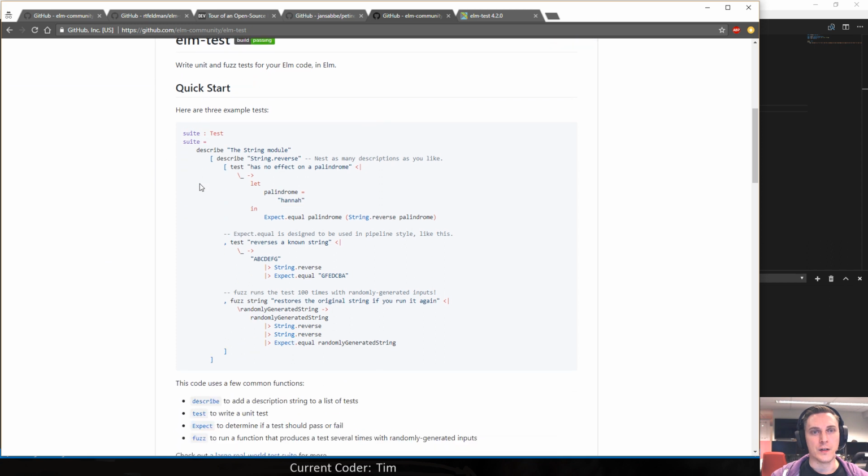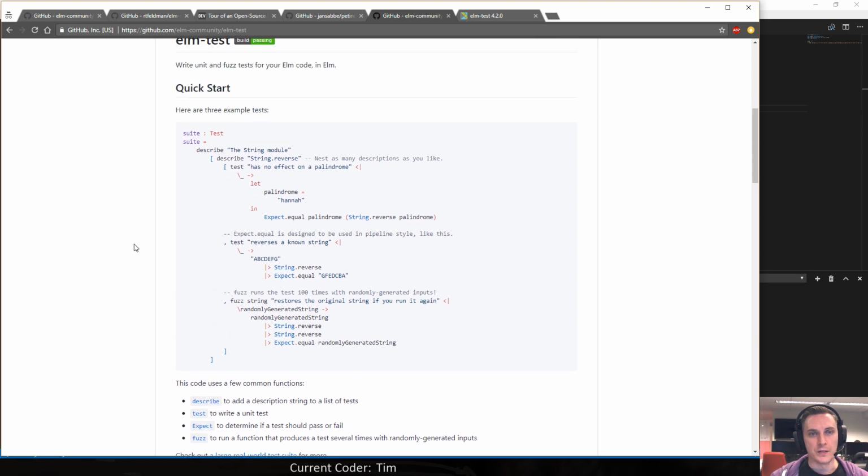And there's a quick start in here as well, showing how you can write unit tests or suites, describe methods or functions, and then eventually test functions with assertions in them. Now, if you look at this structure and you're familiar with Jasmine from JavaScript, then you're also going to be familiar with this sort of structure as well.